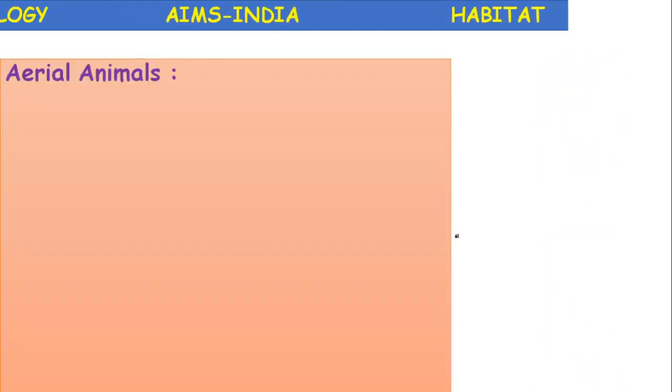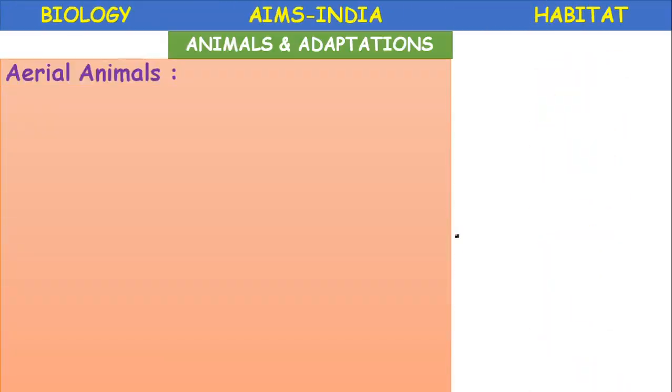We know that there are many animals. In the world of animals, if you see, animals are found on earth in every kind of climate. The places where animals live are called habitats. Some animals live on land, some in water, some in air, and some live underground. So all the animals are adapted to live in a particular environment or habitat.